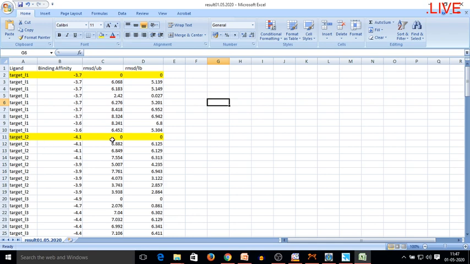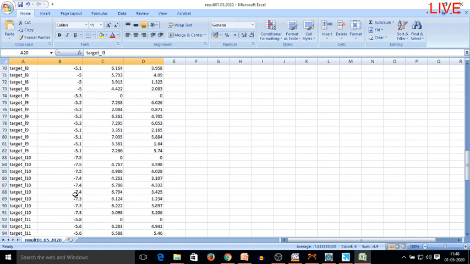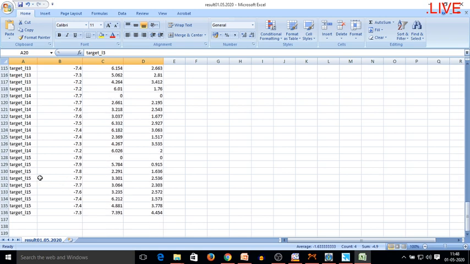For L2, my binding affinity is -4.1. For L3, my binding affinity is -4.9, and similarly we can select all the molecules with that binding affinity and the RMSD value 0. So the target underscore L15, that is L15 associated with the target, is showing the binding affinity of -7.9.